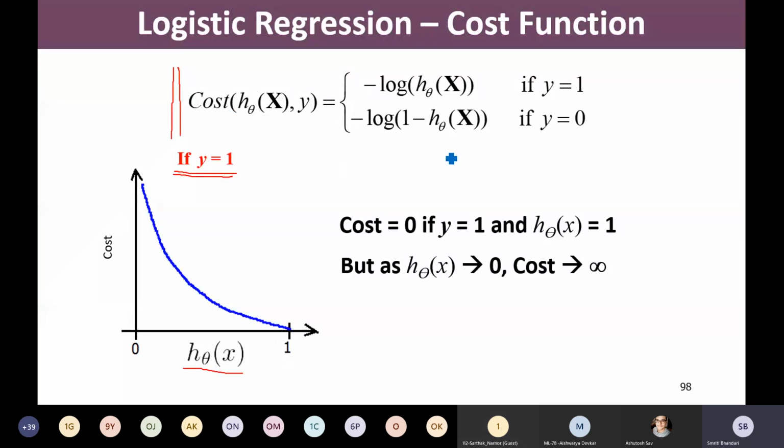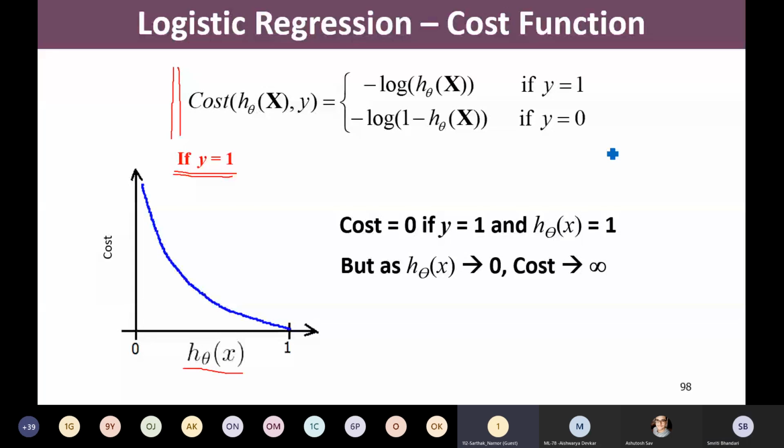We are simply mentioning that we have come up with this cost function. In linear regression, our cost function was the sum of squared error, correct? Instead of that sum of squared error, we have come up with this cost function for logistic regression. And this cost function is a convex cost function. That is why we are using such a cost function, because further we would like to minimize it.